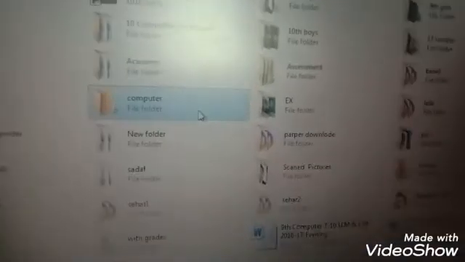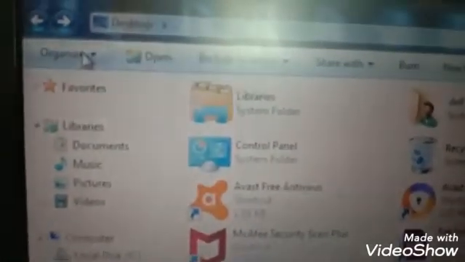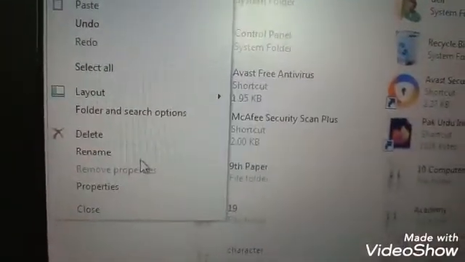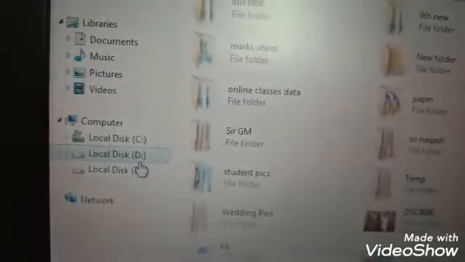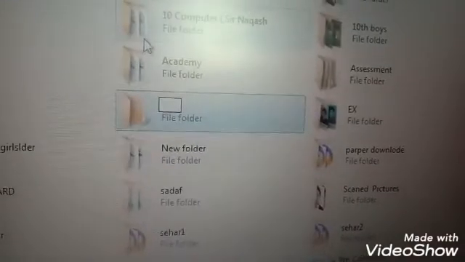First step is select the folder which you want to rename. After this, click organize from the bar. A menu appears. Click rename. Type new name which you want.